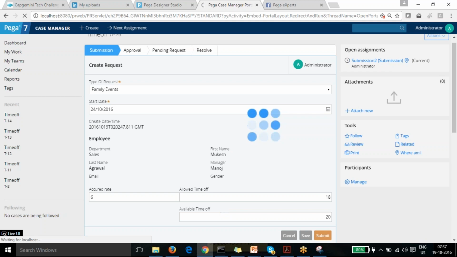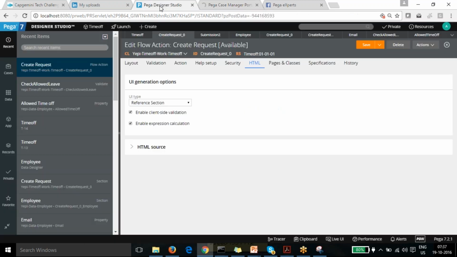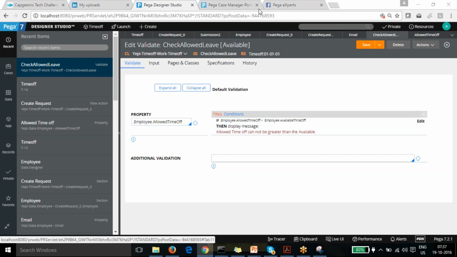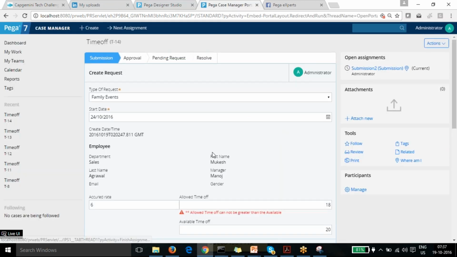What condition have I given there? If employee dot allowed time off is less than, then it's going to display the message. Yeah, so you can see the message has come now, right? Whatever message we have given, the validation is coming properly. Allowed time off cannot be greater than the available.